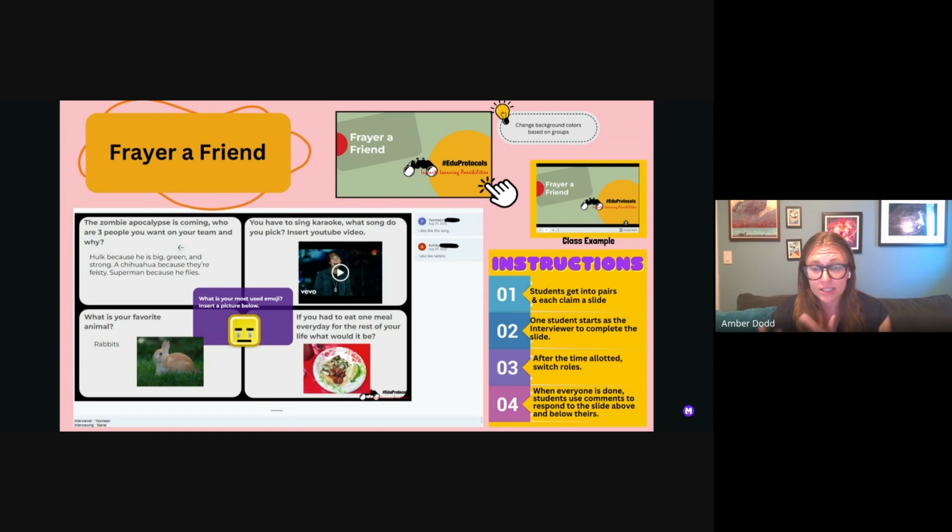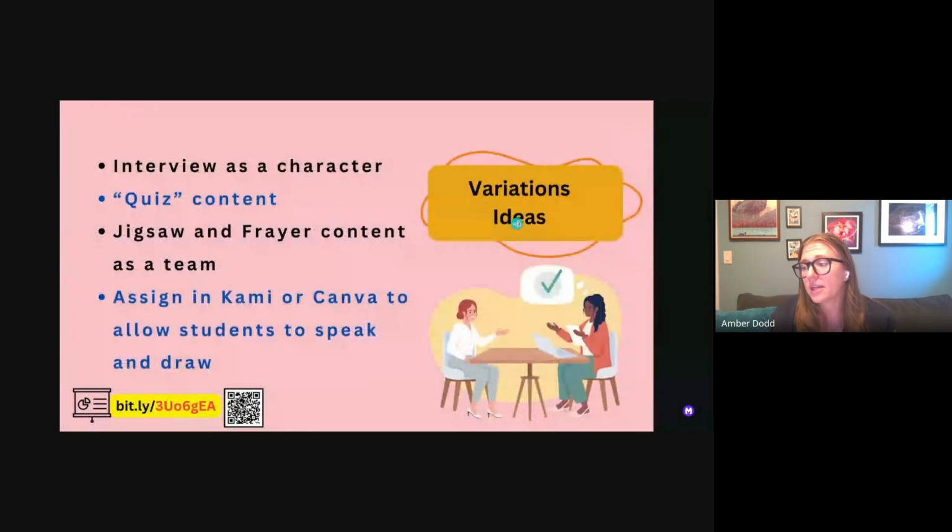Again, I'm trying to teach kids a little bit more tech skills, so I have them comment. They have to go above and below their slide to comment on each other's. So for example, and I'll show you a better example once we get into the Google Slides,